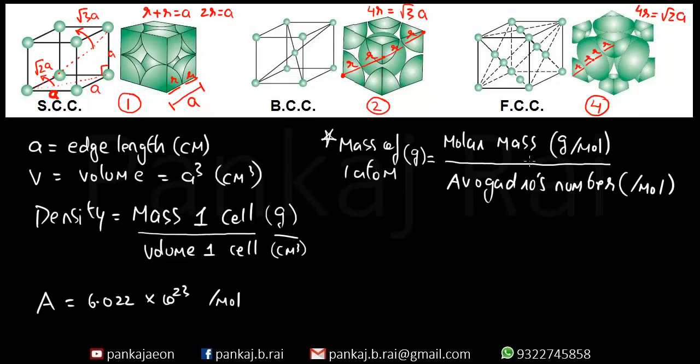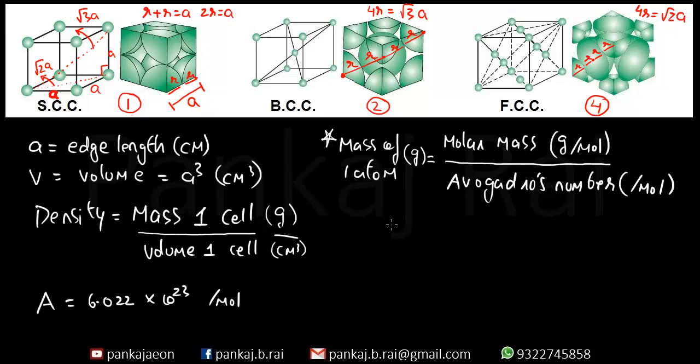Molar mass would be given to you, so you would have the mass of one atom, multiplied by the number of atoms, 4, 2 or 1, you would get the mass of one cell, and volume would be given to you, so you would be able to find density, or density would be given to you, you will be able to find volume, and after getting volume you can also find the edge length. So this covers almost all the numericals based on the structures of crystallization, except one in which they ask you to find out the number of atoms in x grams.